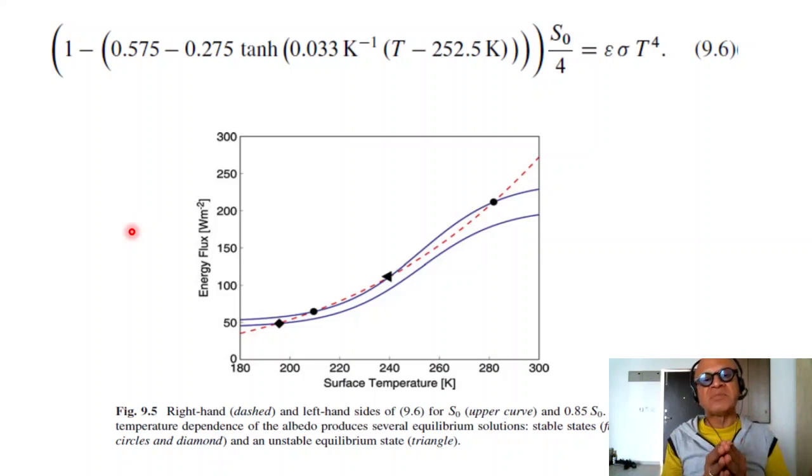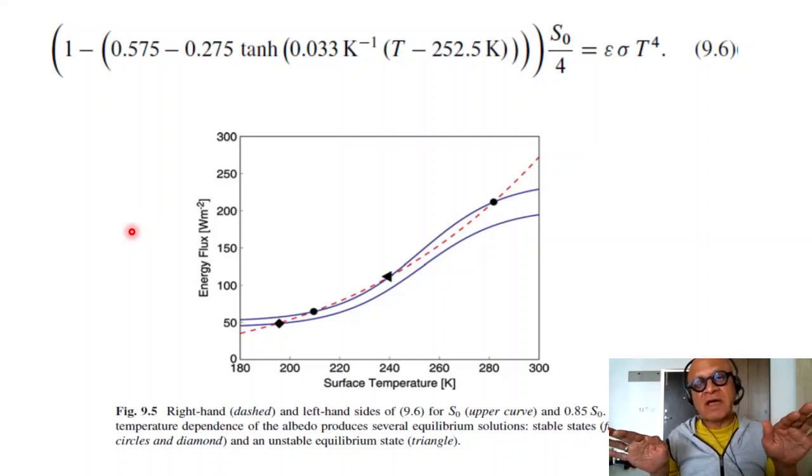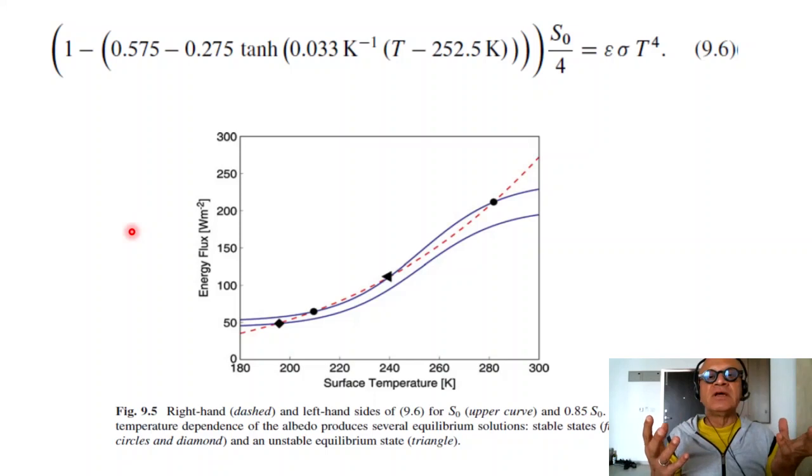And also there are some debates about how biology would have survived, how life in the ocean even would have survived if the entire planet was covered with ice. So then it is turned into a slush ball